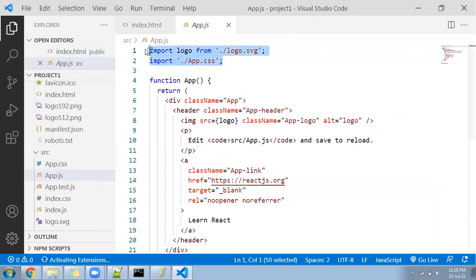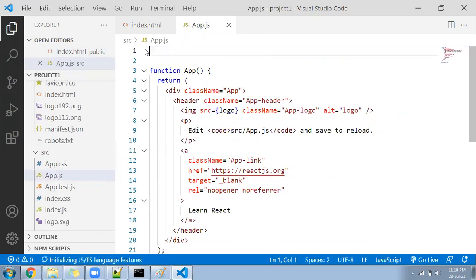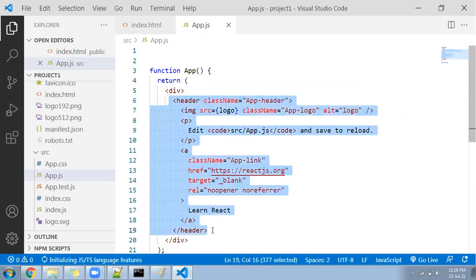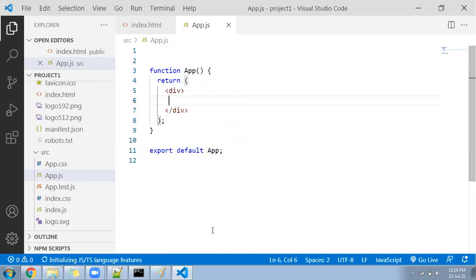Let me delete all and I will create a very clean, simple function where a division is opened here and closed here. And then I'm writing here an h1 saying welcome to CRM Software Academy. I close the H1.